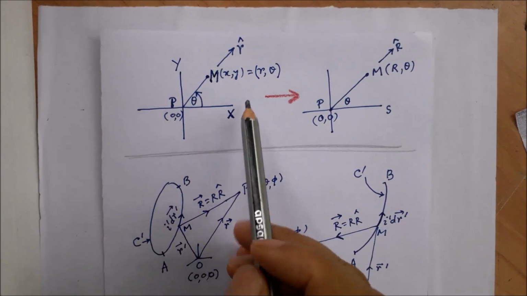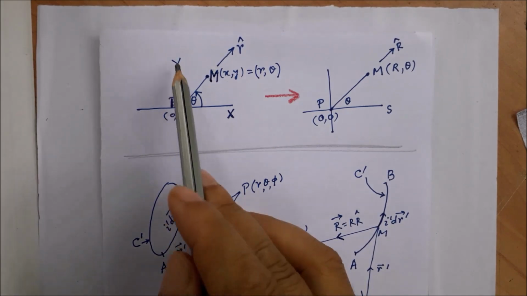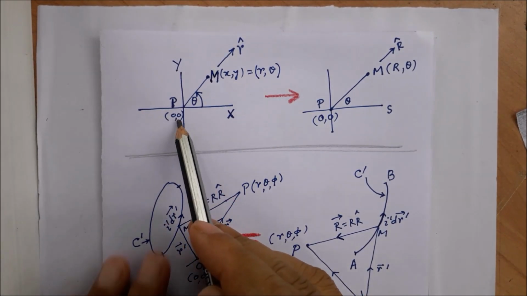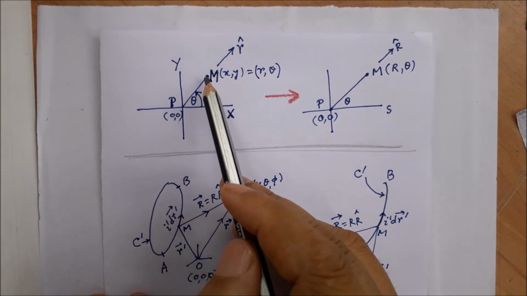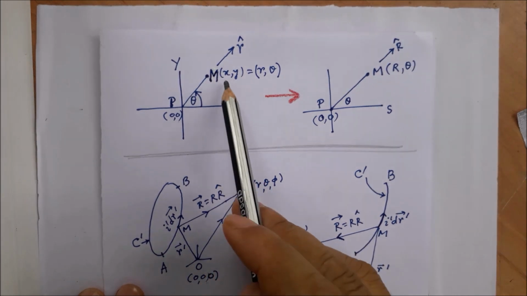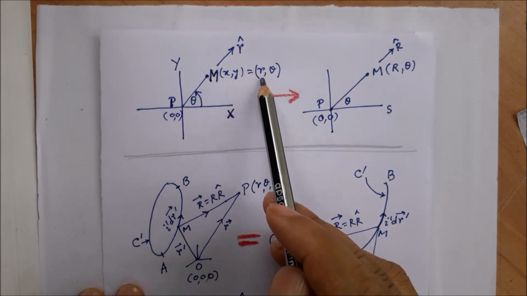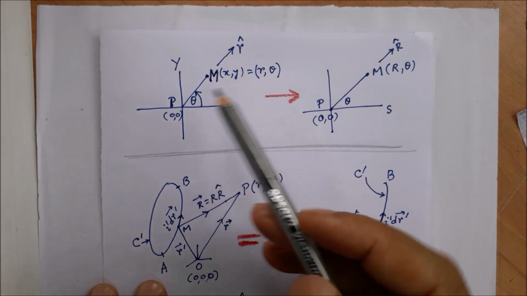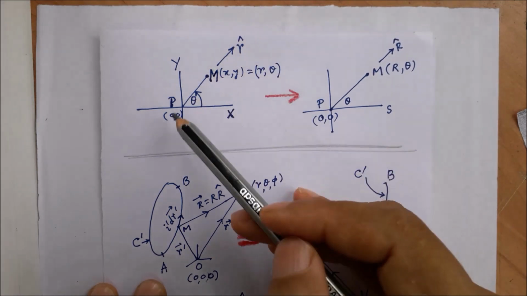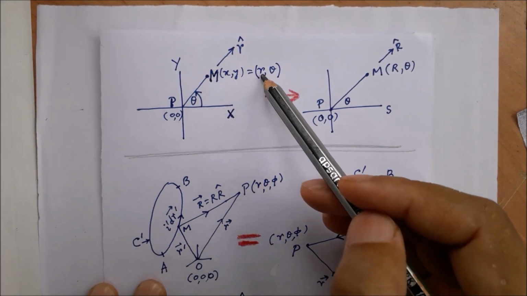This is the xy plane, x-axis, and this is the y-axis. P is the origin, and we have considered a point M whose Cartesian coordinates are xy and plane polar coordinates are r and theta. And this is the unit vector along the direction of increase of the radial coordinate r,